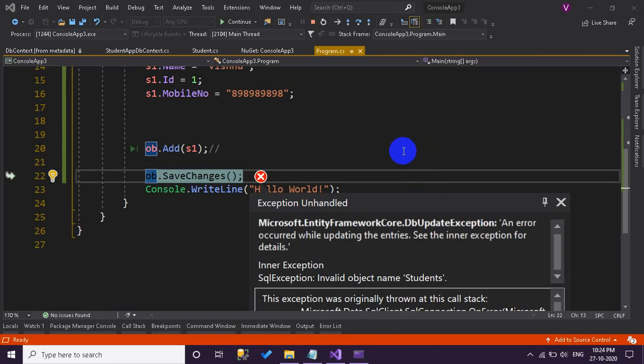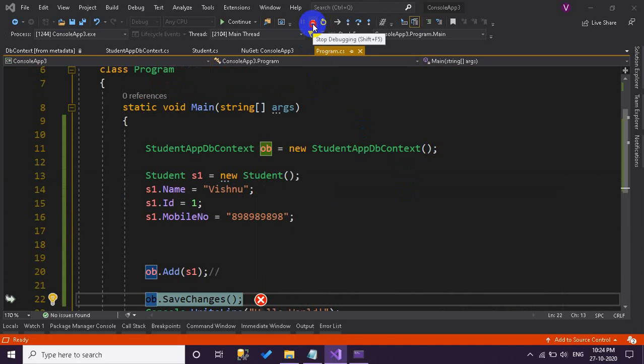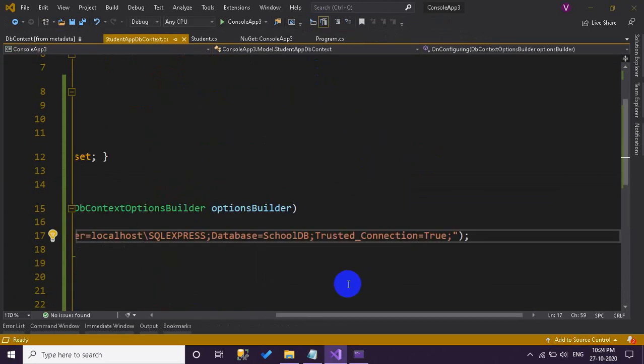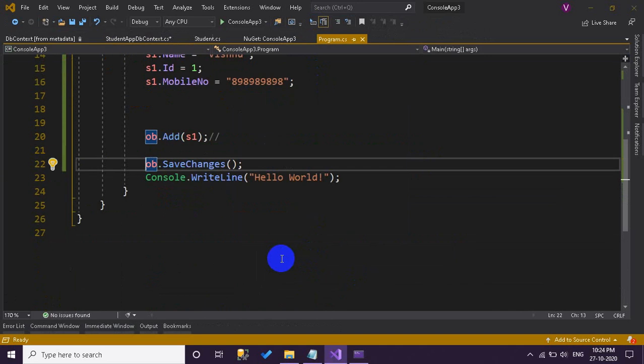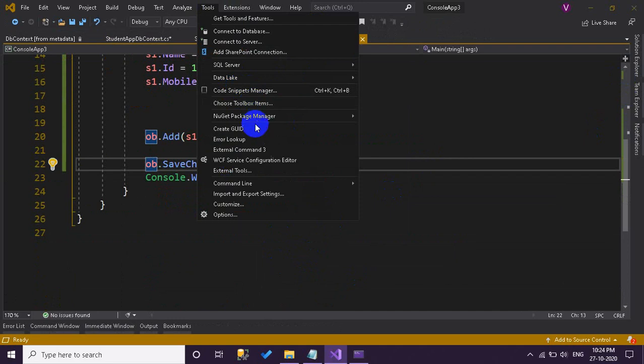Oh, we are getting an error. Let us fix it. First of all we have to change the database to db1, and we almost forgot, we have to run a command over here.